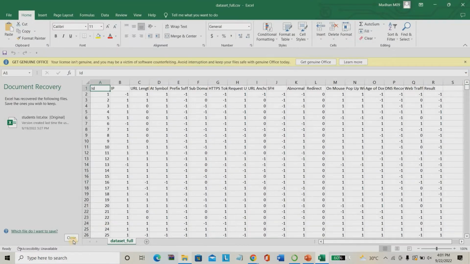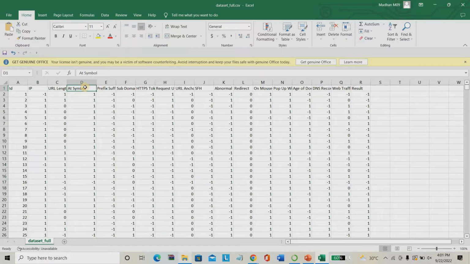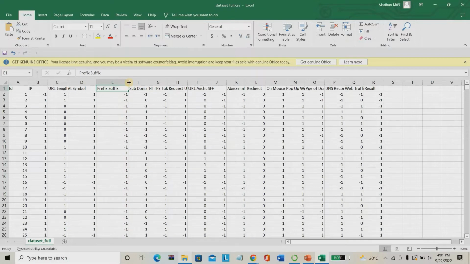First of all, let me explain some features of the website. First, you have to calculate the IP, then the URL length, that is the website address length, then whether it has any symbol in the website address or not. For example, someone putting X, A, alphabetic characters like that. Then the prefix. What is the naming of prefix? For example, for facebook.com, they will make the prefix a.facebook.com, c.facebook.com.